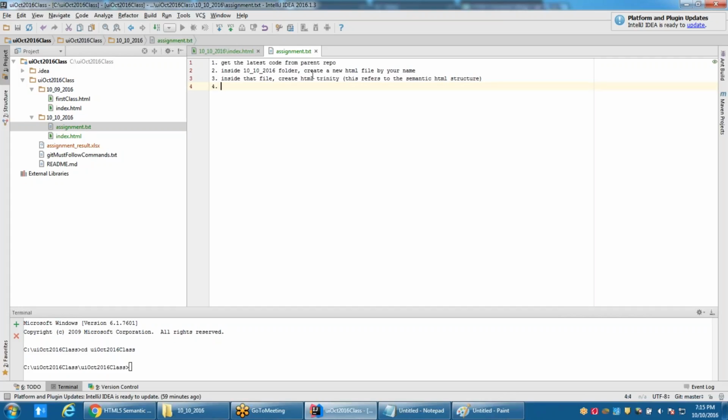Okay, so create an HTML file, and inside name it to your name, and then inside that you need to create the Trinity HTML structure. Okay, inside the section,